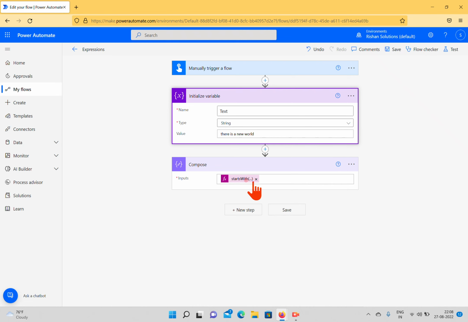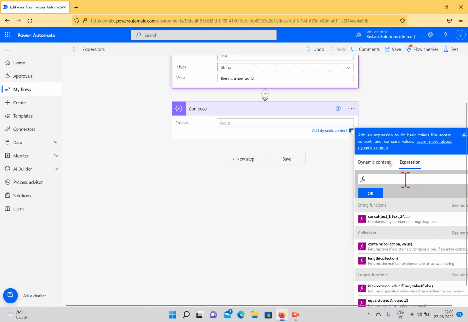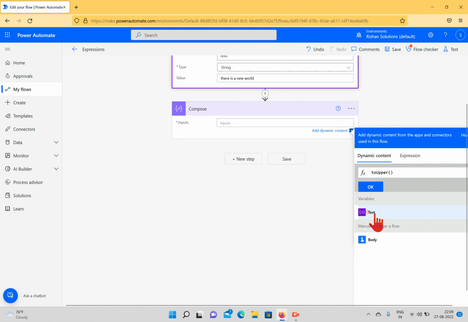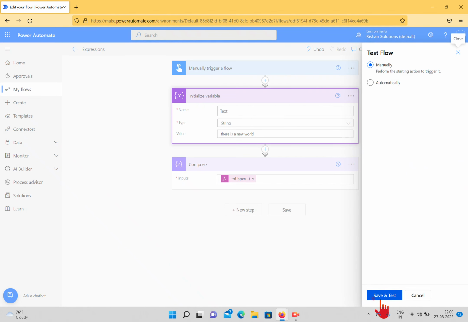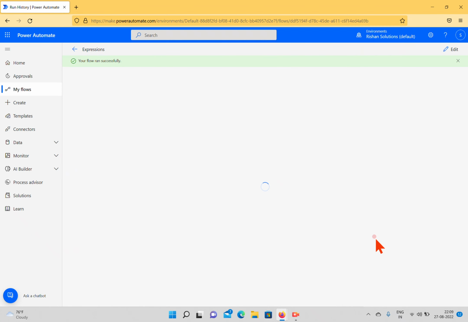Now this is in lowercase. I want to convert this to uppercase. I'll type toUpper, and it only asks for your text string. Now I'll take this one, click OK, and then go to test and save and test. Run flow, and